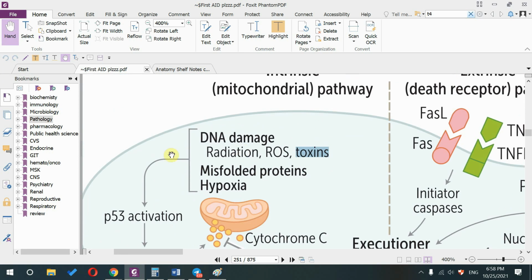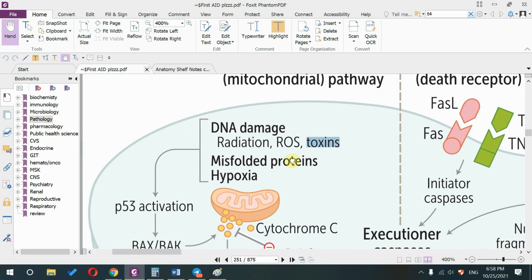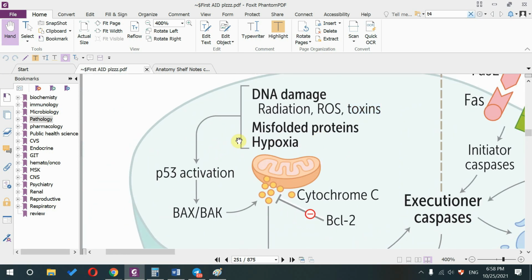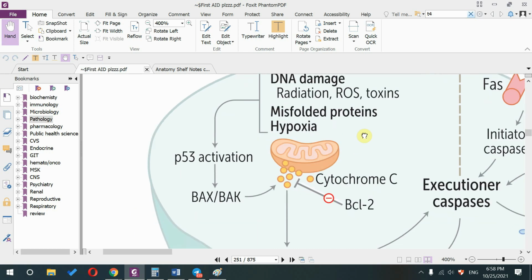When the cell is ruined, it decides to kill itself altogether. Like a merciful euthanasia of the cell, I like to think about it. So the cell is really messed up and it's really useless. Why do I need to give energy to it? Let me just destroy it. So in these cases, there will be activation of something called the p53 activation, and that's a really important gene,